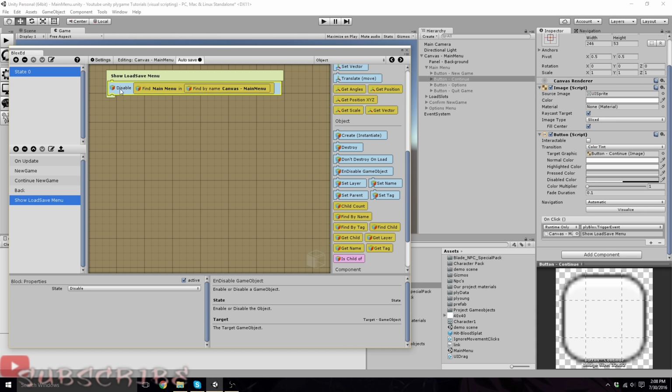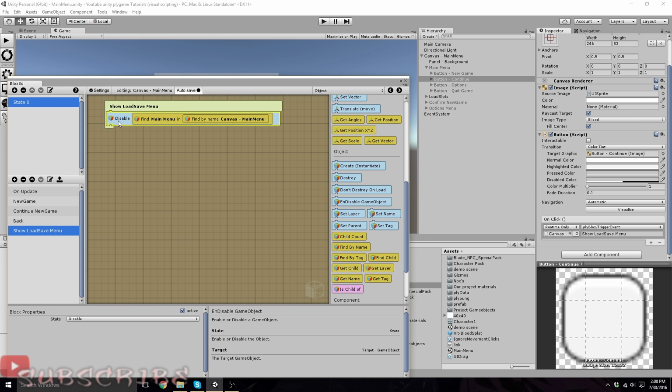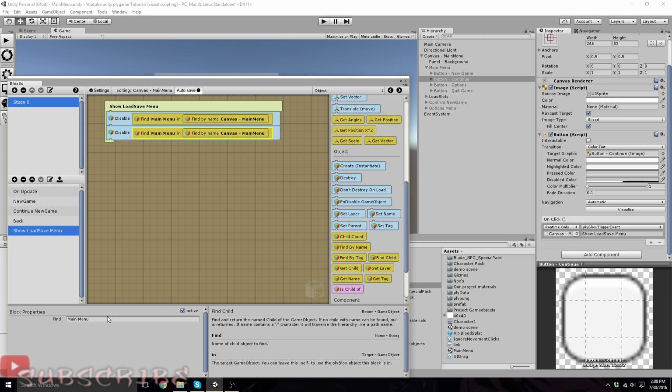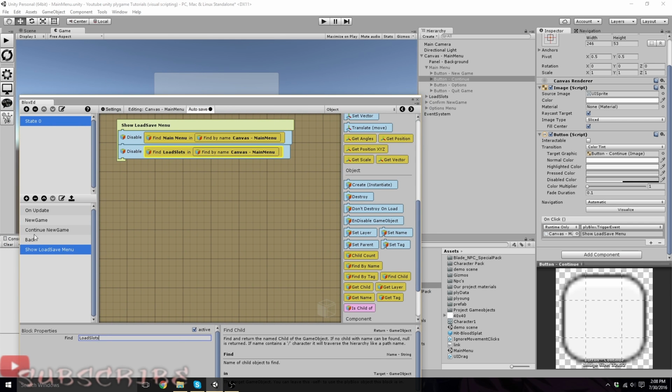So we are going to want to disable our main menu, and so that's perfect. And then we're going to want to enable our load slots in. There we go, perfect. That's going to work. Now in our back, we're actually going to want to disable